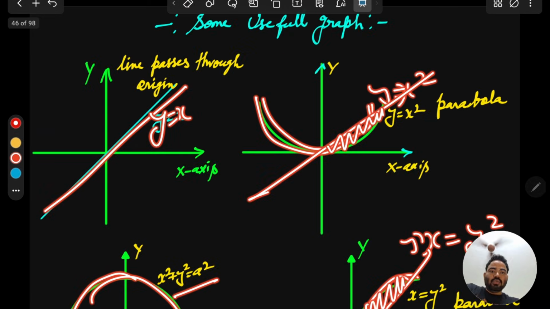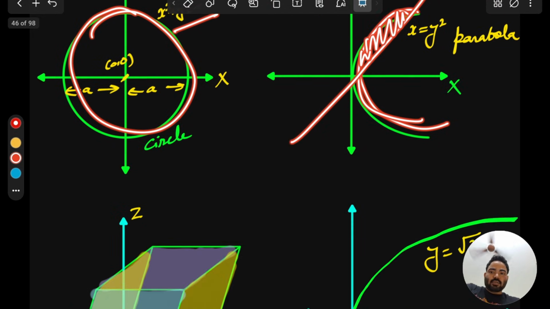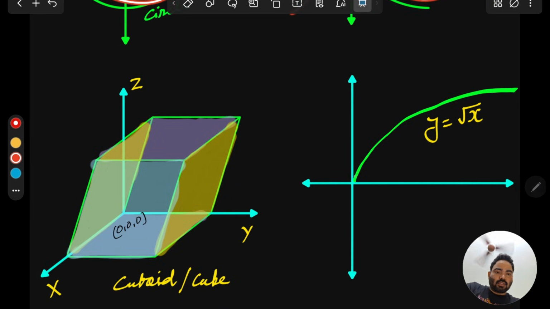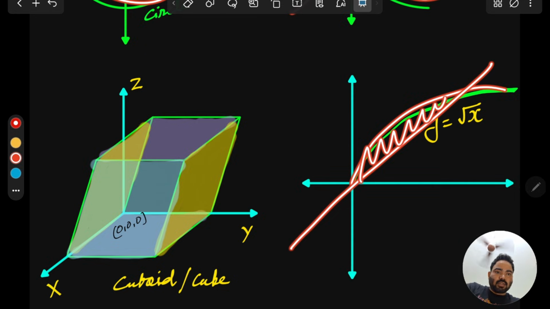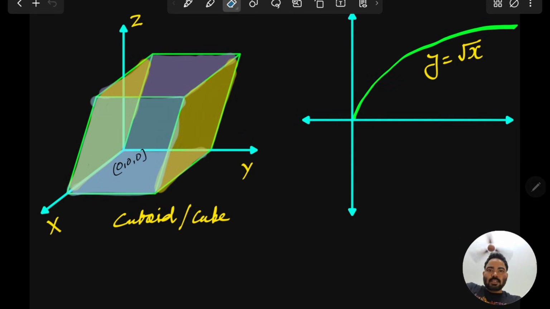So these two graphs are very important, y equal to x square and x equal to y square. And this is also important, y equal to under root x. And if you draw the line, then this will be the bounded region. We will see when we solve the question. So let's move on to the